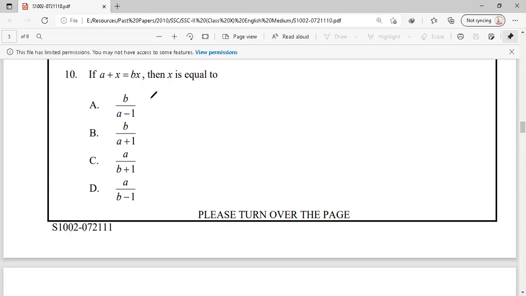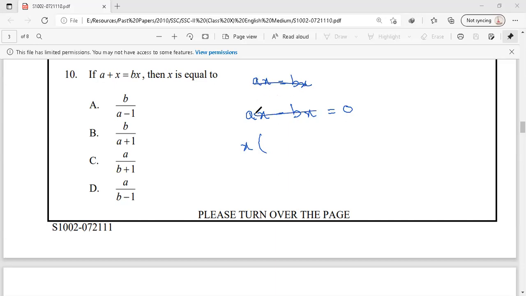Then let's see question number 10. We have to find the value of x. Ax is equal to bx. And for finding the value of x, let's move this term to the left side of the equation, ax minus bx is equal to 0. If we take x common,